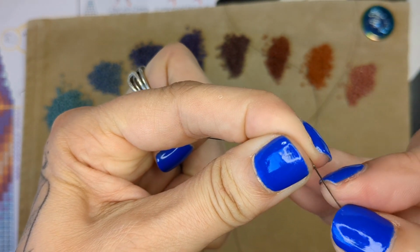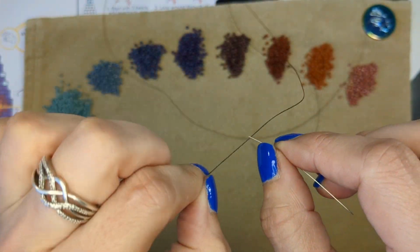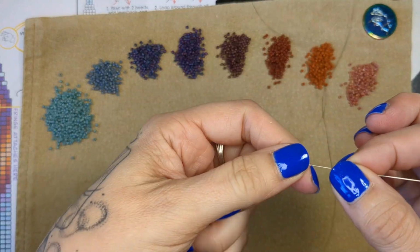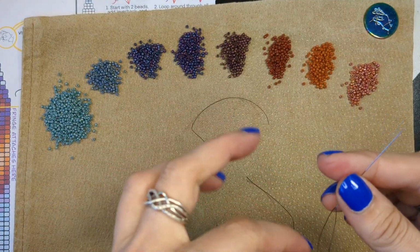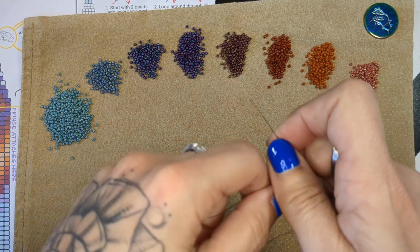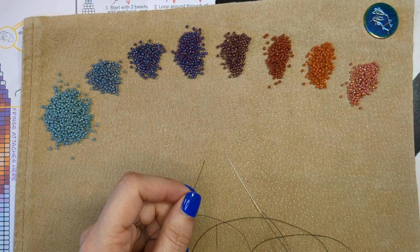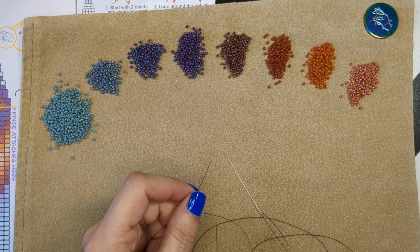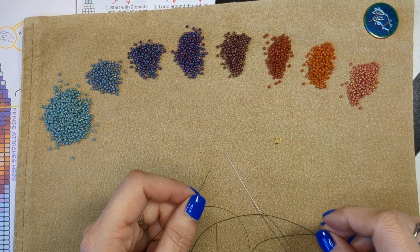Wildfire, which is what I use for the top portion of woven earrings, is stiffer. And it's great for the woven section because it gives it a lot more structure. But sometimes when threading your needle, you really have to own it, which doesn't always go my way. And you know what? That's okay. So